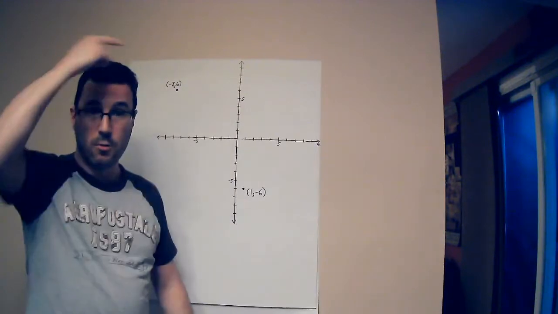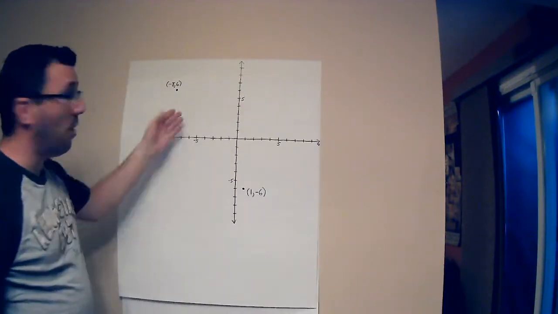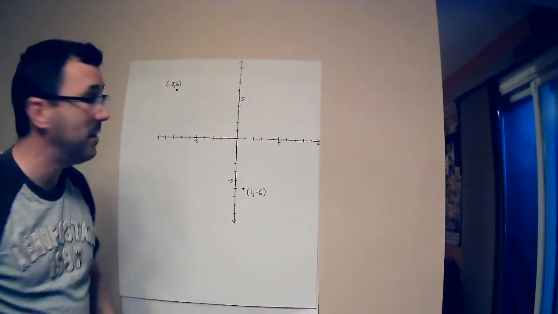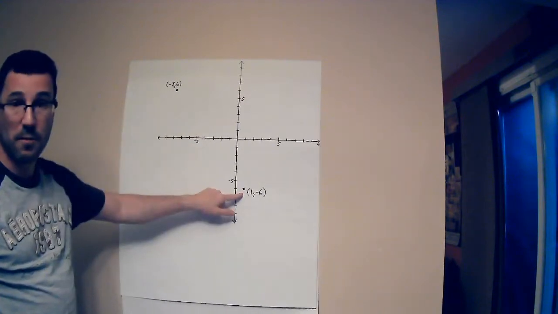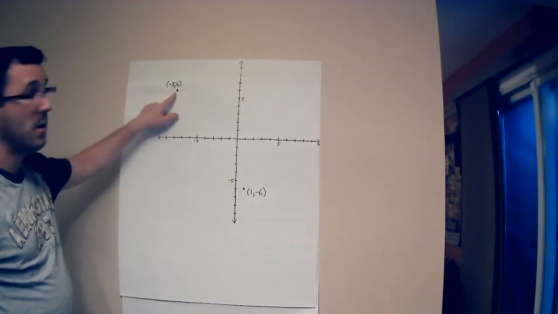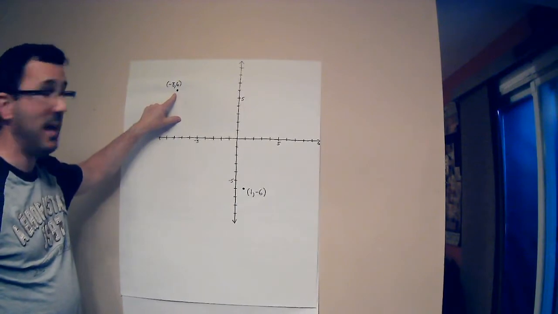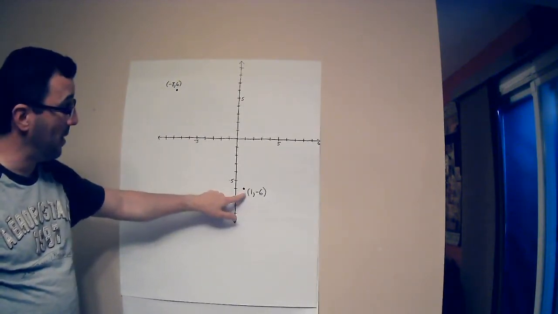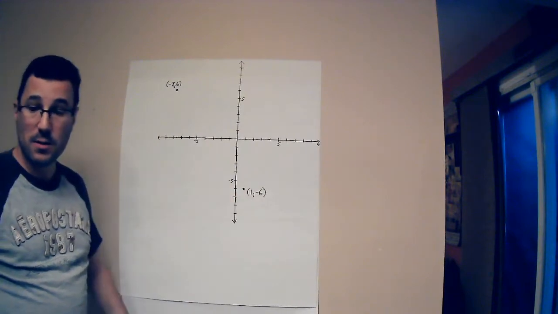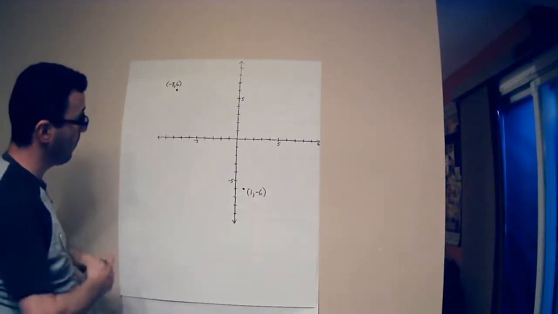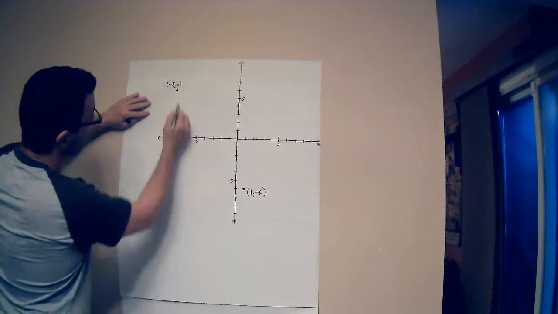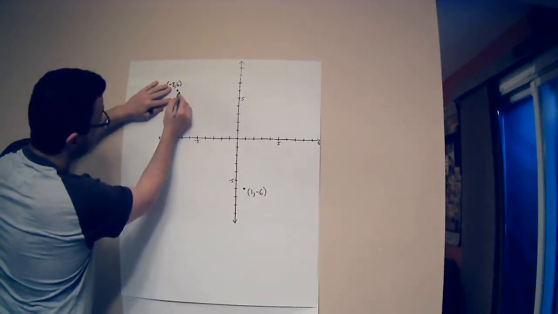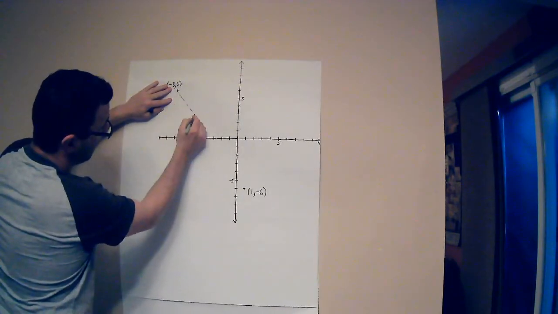Right, all original. So here, it's not that easy to see, but I have 2 points on here. This point up here is negative 8, 6. This point down here is 1, negative 6. And what I want to know is what is the distance, and let's see if I can draw this. What is the distance